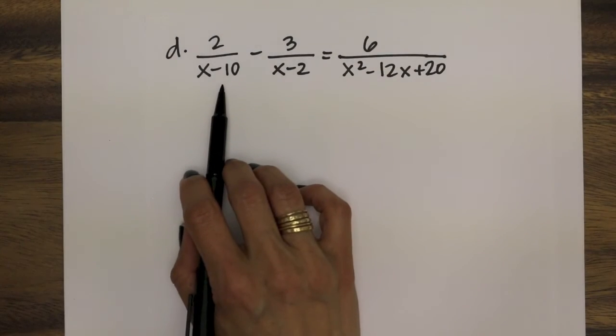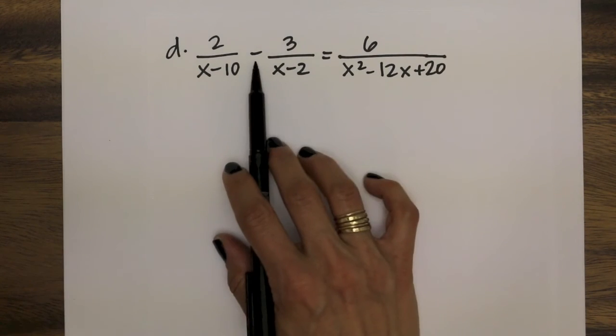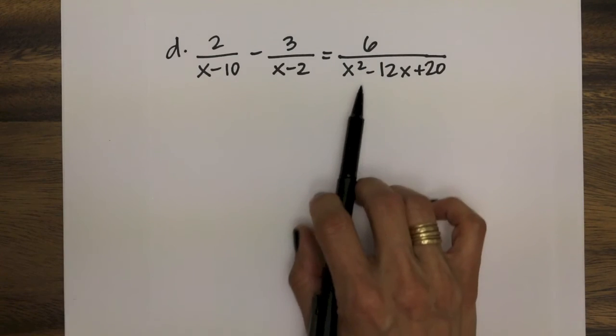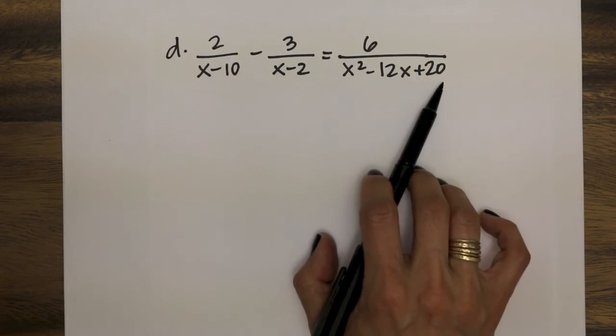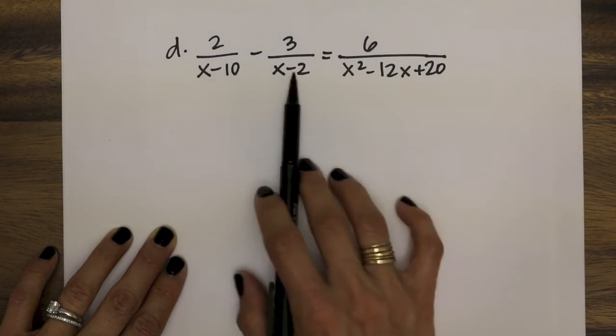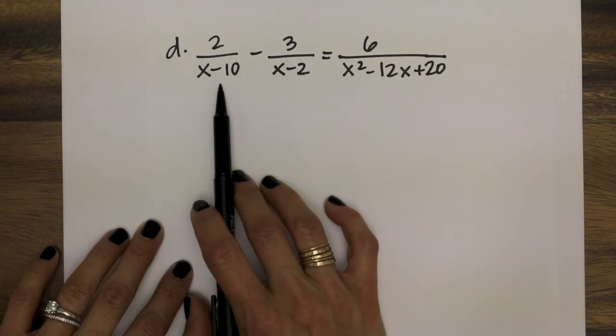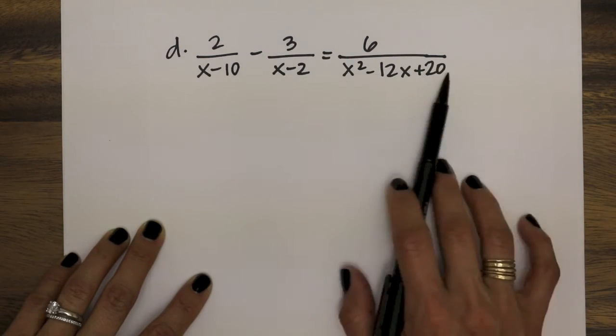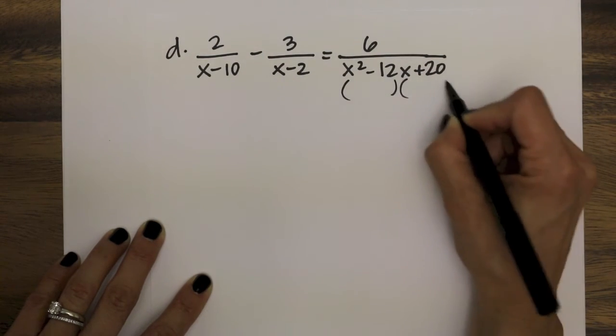This example says 2 divided by x minus 10, and then we're subtracting 3 over x minus 2. On the right side, you have 6 over x squared minus 12x plus 20. So again, to find the LCD, these denominators are already in binomial form, x minus 10, x minus 2, but over here we want to factor. So if you factor this,